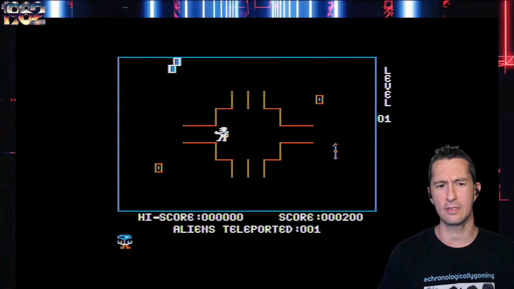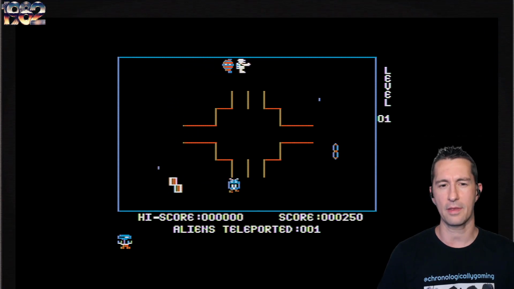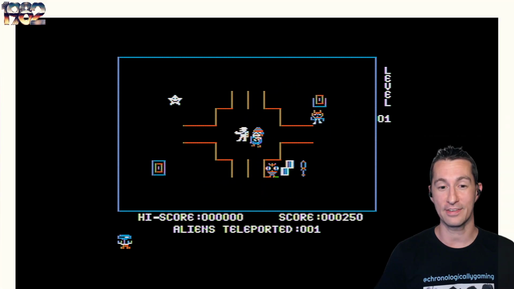Once they're tied up, your gun just stops working. I don't understand what that means. So you can see they come in, and I'm not even able to fire. I have to get into the teleporter and then dodge everybody else. And you can see how many enemies are on the screen. There's so much here to...